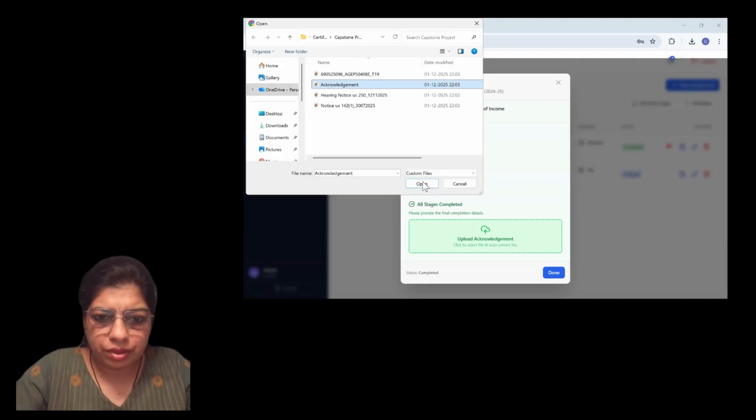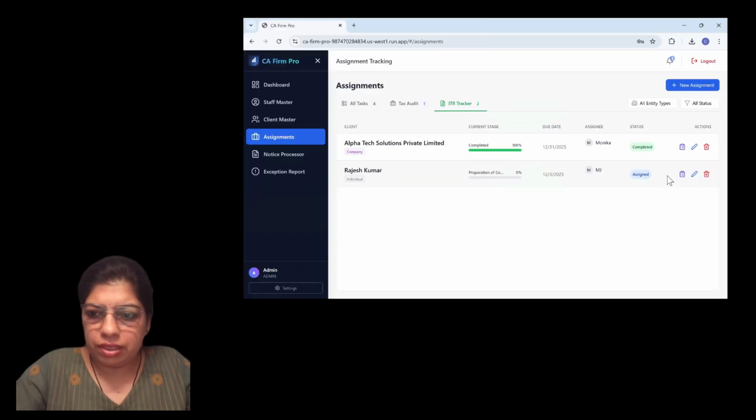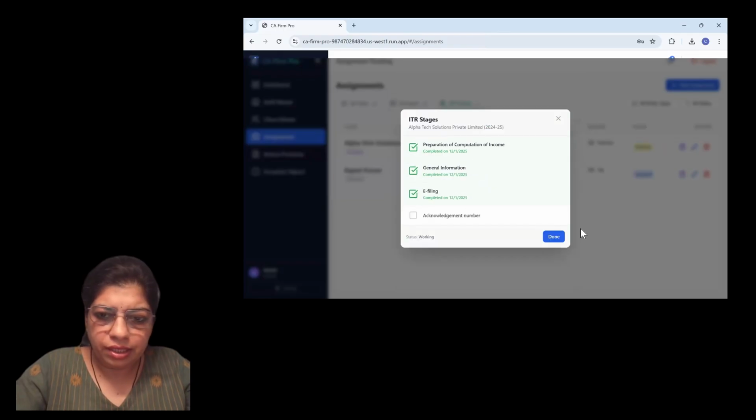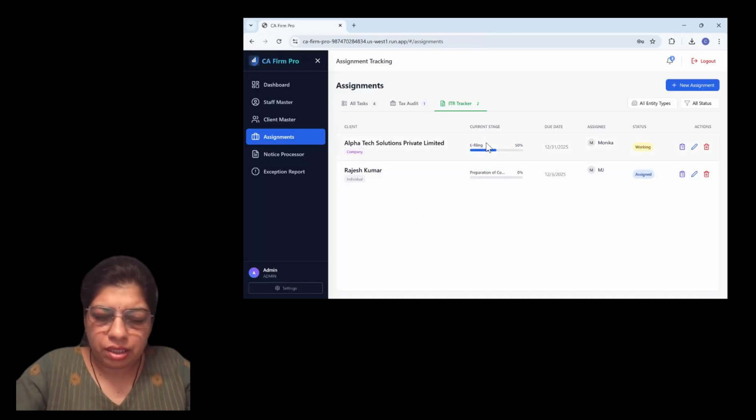And you can see AI has fetched the acknowledgement number and date of filing here in the ITR. As soon as the data from the acknowledgement has been fetched, the red flag will disappear. Suppose I re-edit this and remove the acknowledgement number and e-filing. You can see the current stage up to e-filing is 50%.